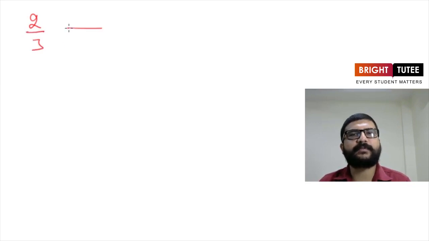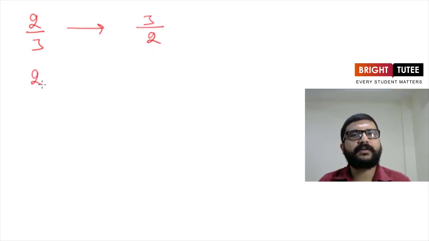So till now we are introduced to three operations on rational numbers. First was addition of rational numbers, and then we have seen subtraction of rational numbers, and then multiplication of rational numbers. Now we are left with only one operation, that is division of two rational numbers. Now how to do division of two rational numbers? Now before seeing that, let us discuss reciprocal of a number, which we have already seen while studying the concept of fractions. So what do you think about reciprocal of 2 upon 3? So reciprocal of 2 upon 3 will be 3 upon 2.